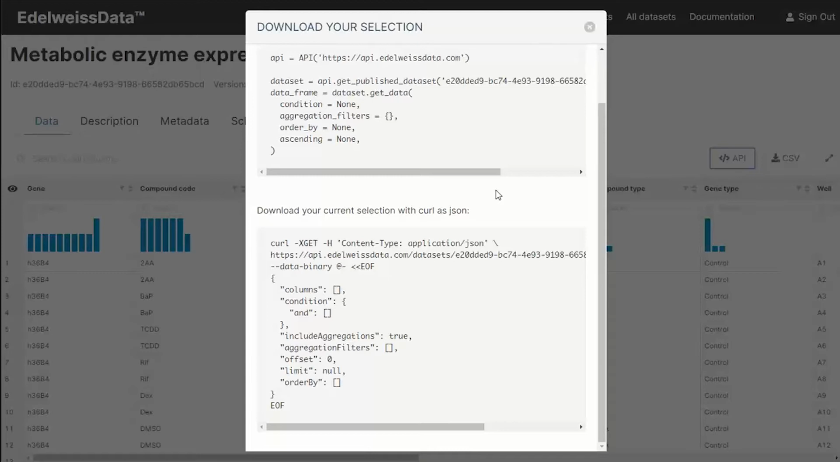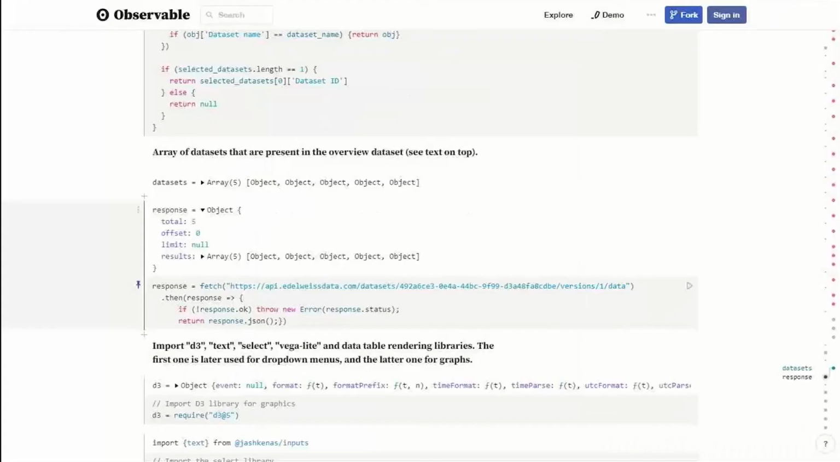We will demonstrate accessing the dataset published in EdelweissData with an Observable HQ notebook, which is based on the JavaScript programming language. Here in this cell, we call JavaScript's fetch command, where we provide a URL that designates the dataset we are trying to access. If we look in more detail, we see that the first part of this URL refers to the EdelweissData instance,